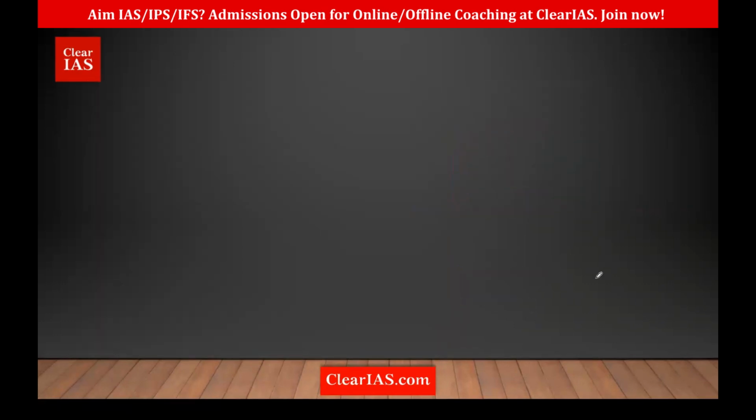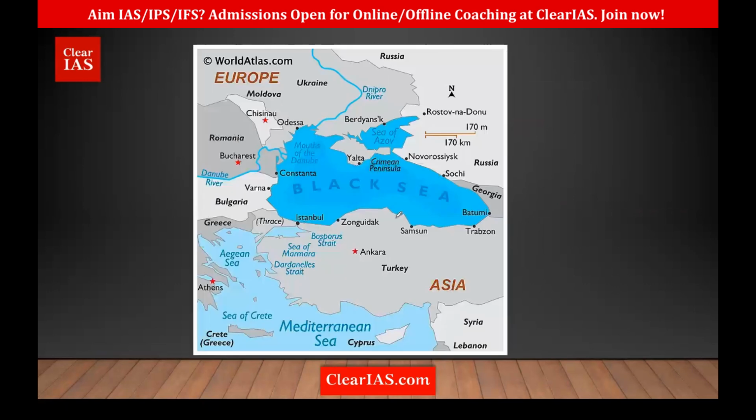Another thing you must remember about Black Sea is, we know it is on the banks of what? Ukraine. So there's high chance they'll ask. Then this Crimean Peninsula is here. Then we have what? The Sea of Azov, between the Crimean Peninsula, connected to what? The Black Sea. Then there is the famous Danube River, which opens out to what?